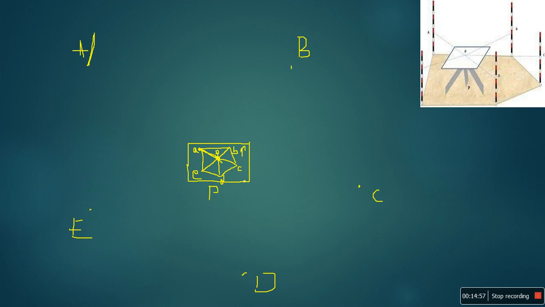This is the procedure for the radiation method. In the radiation method, there is only one instrument station, and around it there are a number of objects. By using an LED, you draw the radial lines with respect to each object, then join them, and you will get the map or plan of the area.